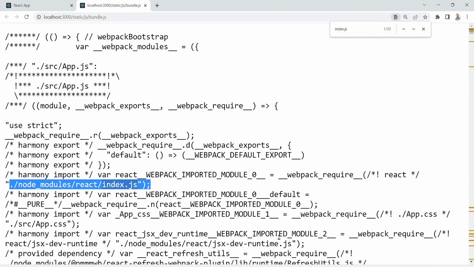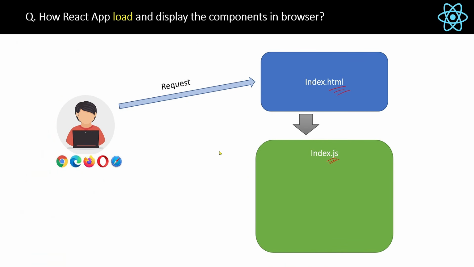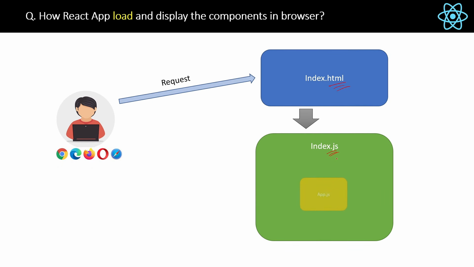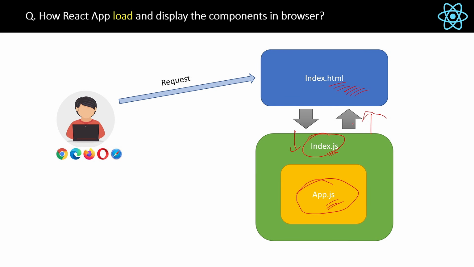Now if we go back to the slide, we already know that index.html has loaded the index.js file, right? We already know this. And index.js file will render the app component inside this index.html file, right? And then the result will be set in the root element, which will then replace the root element of the index.html file. So this is like the whole summary of the whole process, which I already explained to you in the previous question. So index.html, then index.js, which will internally call the app.js and will send the response back to the index.html. That is the summary.